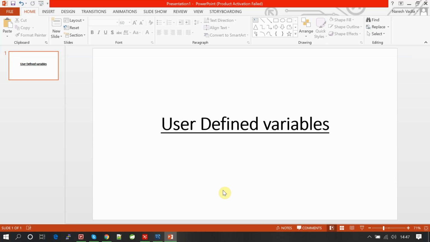So that's where user-defined variables come into the picture. They are mainly useful when we have values or parameters that we want to use repeatedly, and those values may change over a period of time or dynamically. In that case we use user-defined variables.